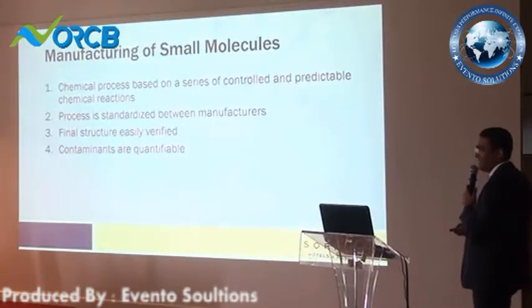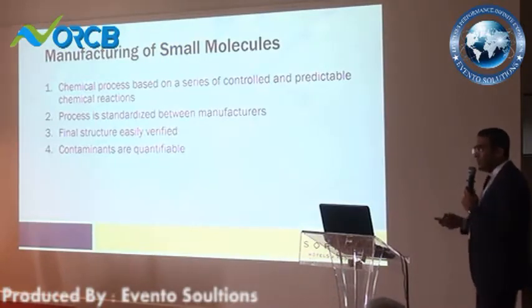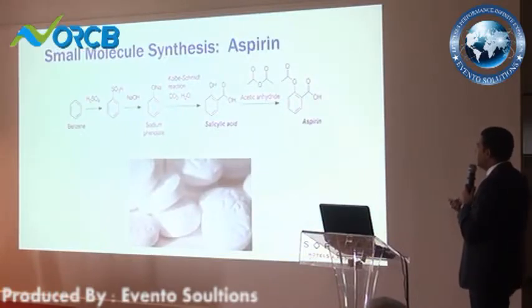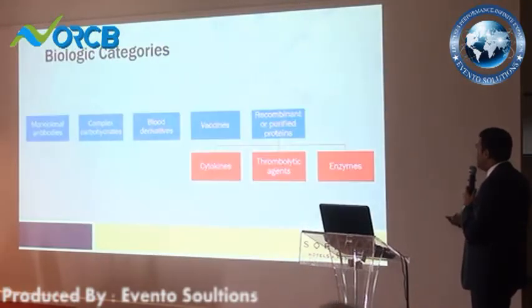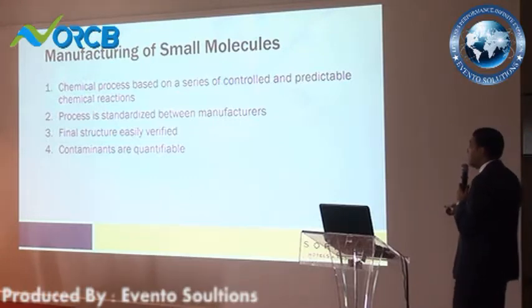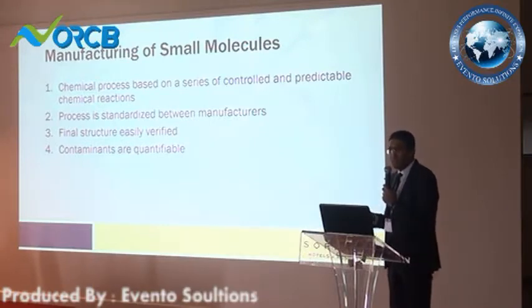If we see how to synthesize aspirin, it will be very easy. It's documented in all the textbooks, and all the manufacturers agree on this process. Just 4 steps of organic synthesis to release aspirin, which is easily quantifiable, and the contaminants can be detected easily. The process is standardized between all the manufacturers, and the chemical process is based on a series of controlled and predictable chemical reactions. So, approximately 100%, there is no variability between the different batches and the different manufacturers for aspirin,